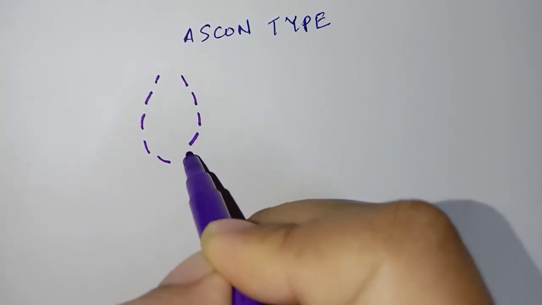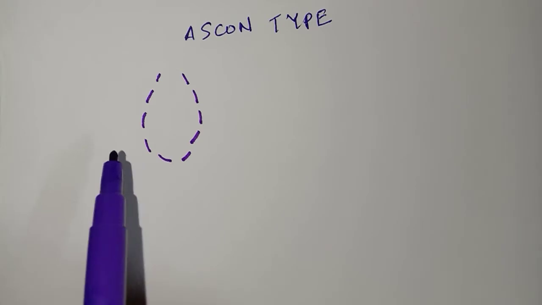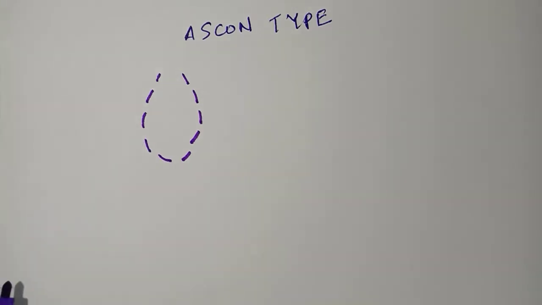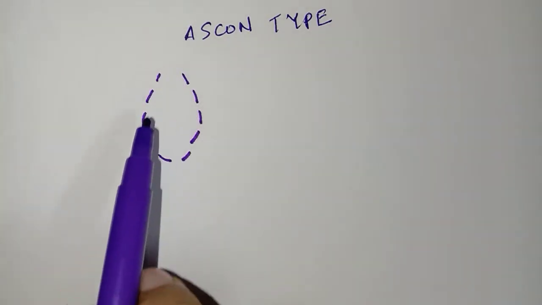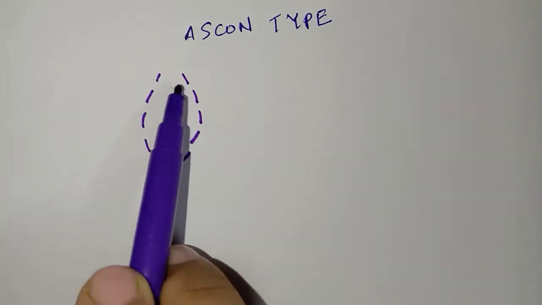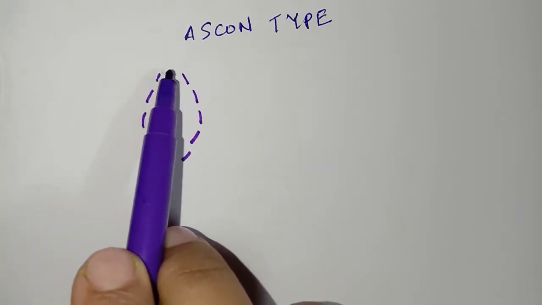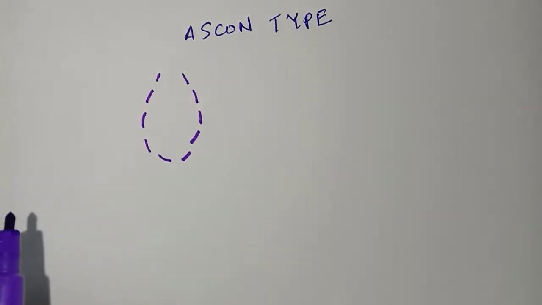What are those pores called? These pores are known as the ostia. Through these ostia, water will enter into this cavity. That cavity is known as spongiocele, and from another opening, that opening is called the osculum. Through this osculum, water is removed outside.